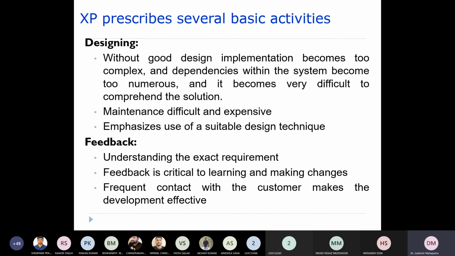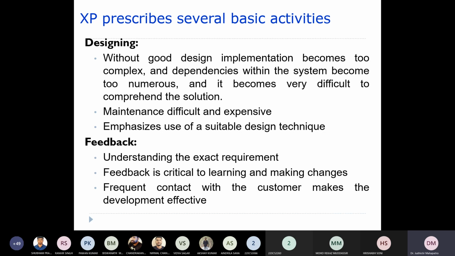Now the other activity here is designing. What will happen if you do not have a good design? Usually the implementation will become very complex. For example, if the modules within a particular system are too dependent on each other, it will be very difficult for us to understand the solution.